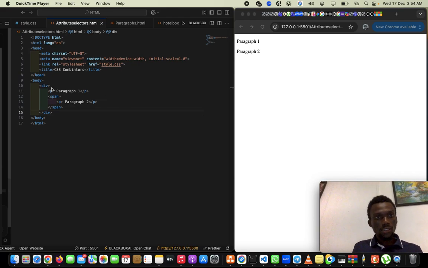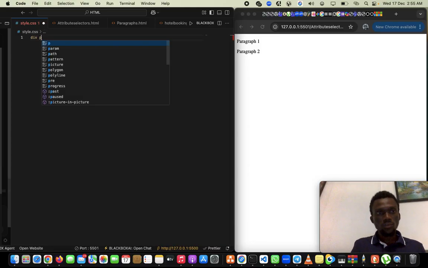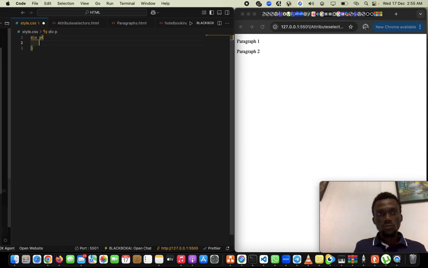With this sample code, we have a div with a paragraph tag, paragraph 1, and then a span, paragraph 2. That's what is giving us paragraph 1 and paragraph 2 here. I'm going to show you how we use the descendant combinator to do the selection for this. So with this one, I'm going to write div p, then we say color,